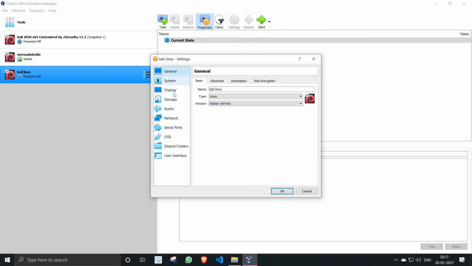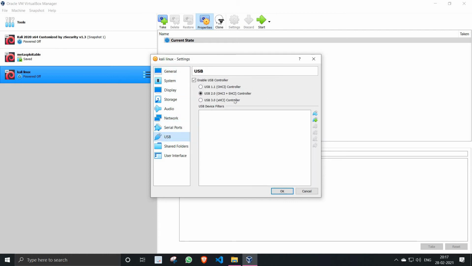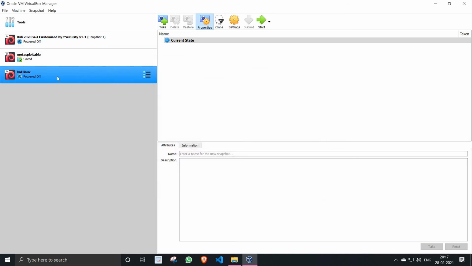To do it, click on USB, click on this plus sign, and I have this MediaTek 802 as my Wi-Fi adapter, so I will select it. Now I can use Wi-Fi in my Kali Linux, otherwise I can't.